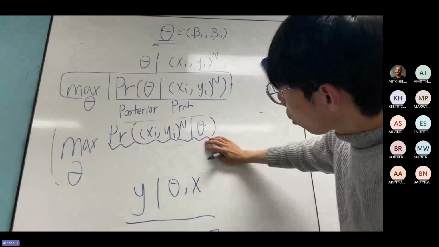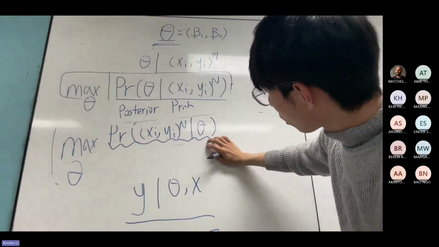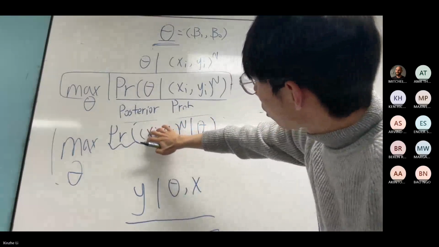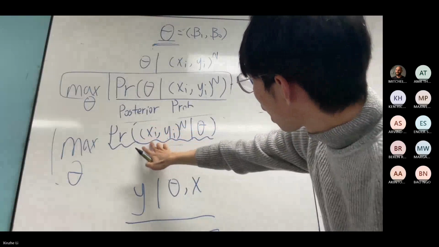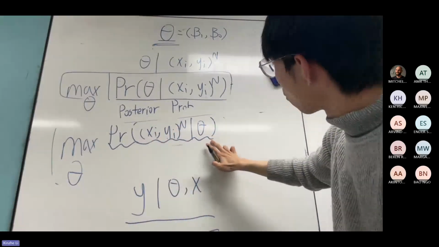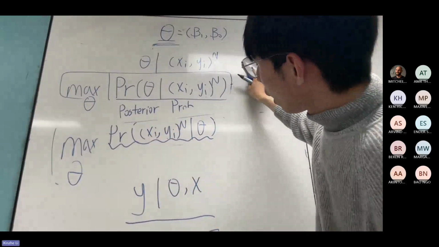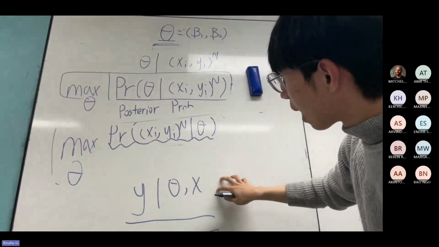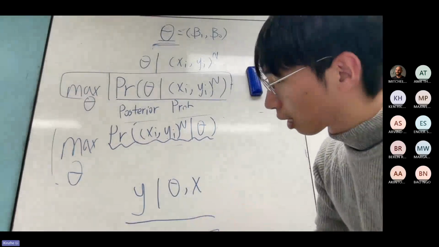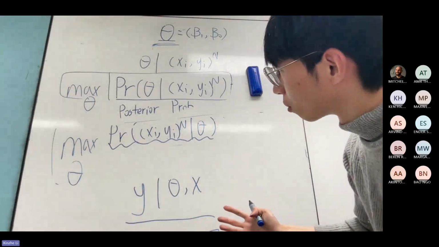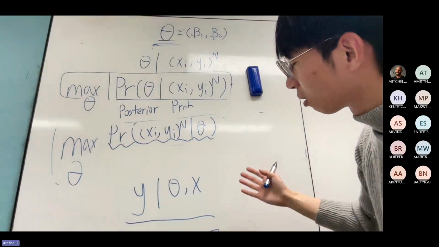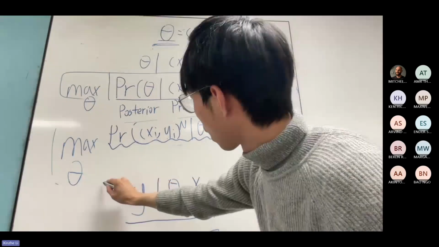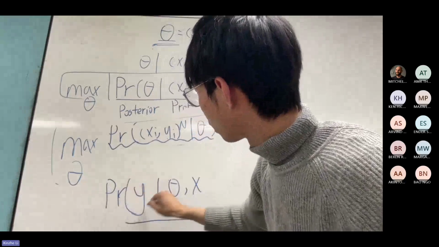So look at this likelihood again. What's the difference between this and this? The only difference is, now I have X on the left side rather than the right side. Do a little bit of simplification. I want to move this X to the right side. You can think about, okay, X is a context, X is known, so its probability doesn't matter. Then you can further simplify it into this